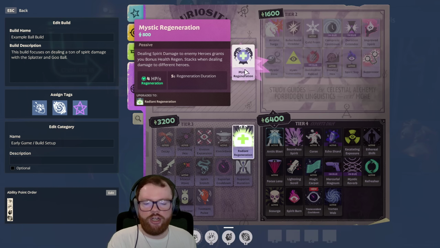Alternatively, Mystic Regen can be a good idea for some spirit builds, but not necessarily all spirit builds. Obviously, it gives you some spirit power from investing into the category, and it does give you superior health regeneration than Extra Regen, but only if you're able to proc it consistently. So a character like Mirage with his Jinn's Mark can get great value out of Mystic Regeneration because it's very easy to apply and it has a very